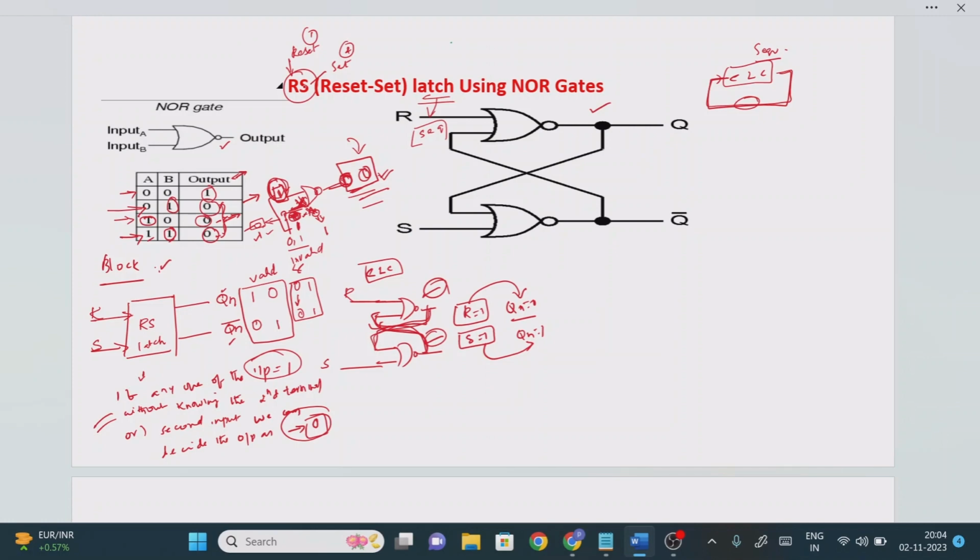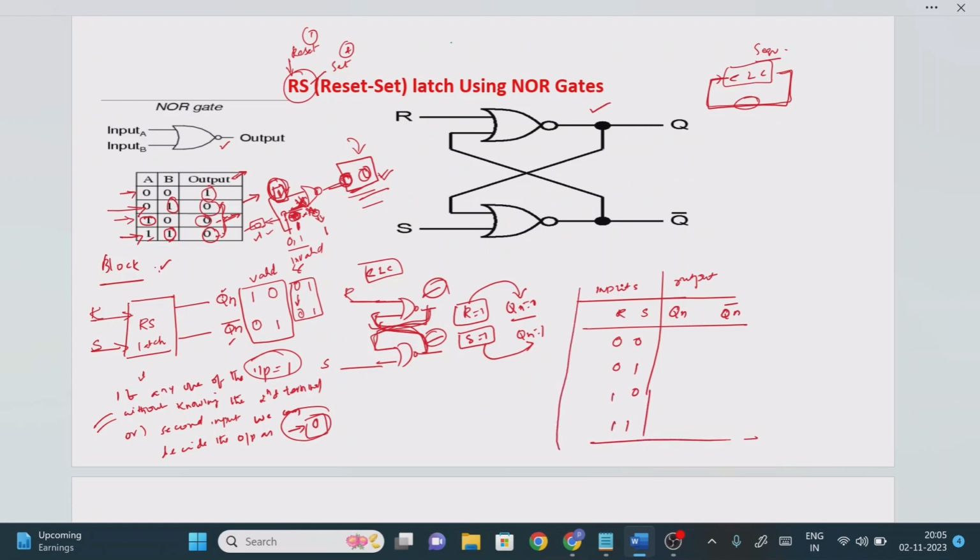So once it is done, now we will implement the truth table operation. In the truth table, how many inputs do we have, right? The inputs are one reset and another one set. Then how many outputs do we have? 2 outputs. One is the Q, or you can consider Qn bar, whatever it may be, and another one is the complemented output, right? So we have 2 inputs, which means how many possibilities? 0 0, 0 1, 1 0, 1 1. These are the 4 possibilities we are getting, correct?